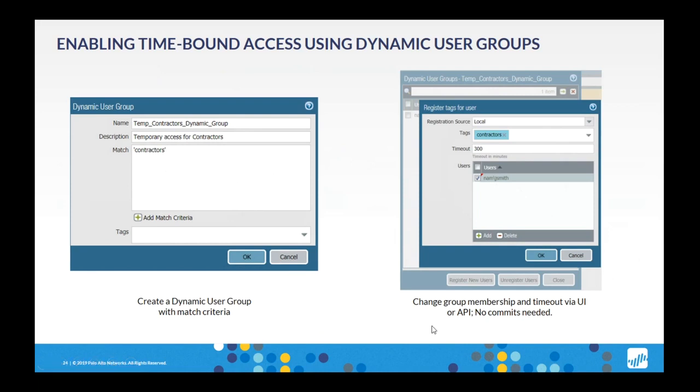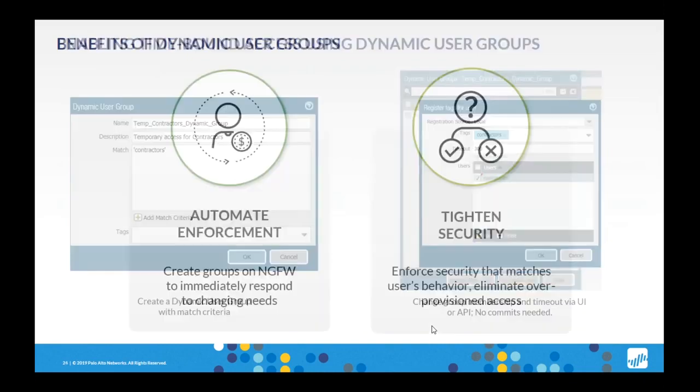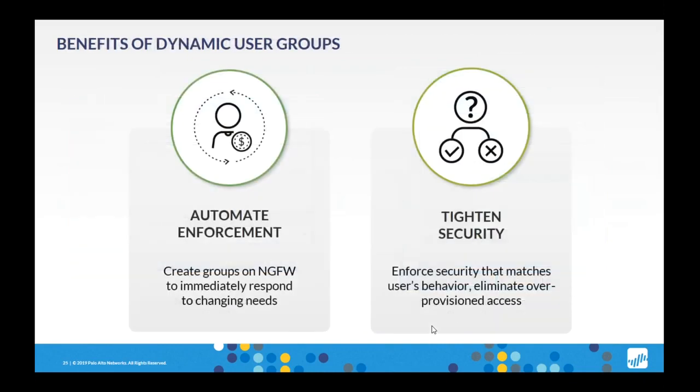So it basically is API based, and you don't need to worry about the manual disabling of the policy. It will happen automatically when the timeline expires. So the benefits of dynamic user groups is automatic enforcement, like creating the user groups on NGFW to immediately respond